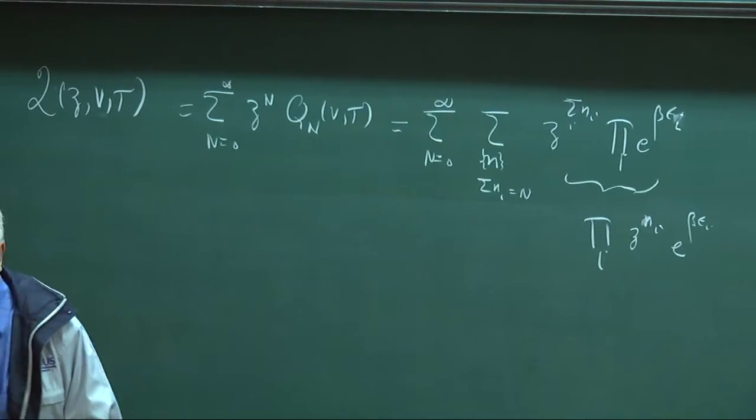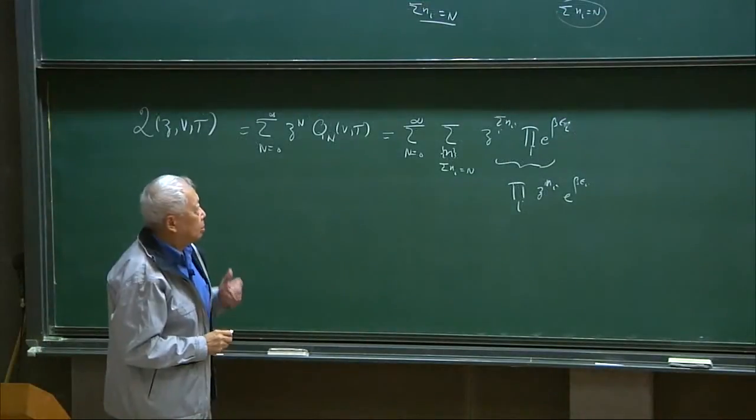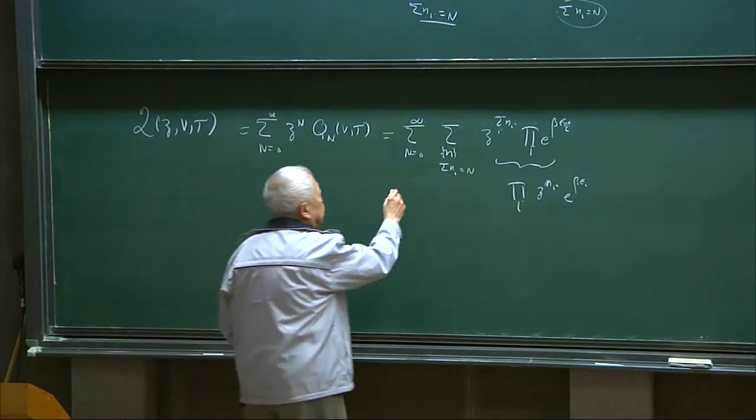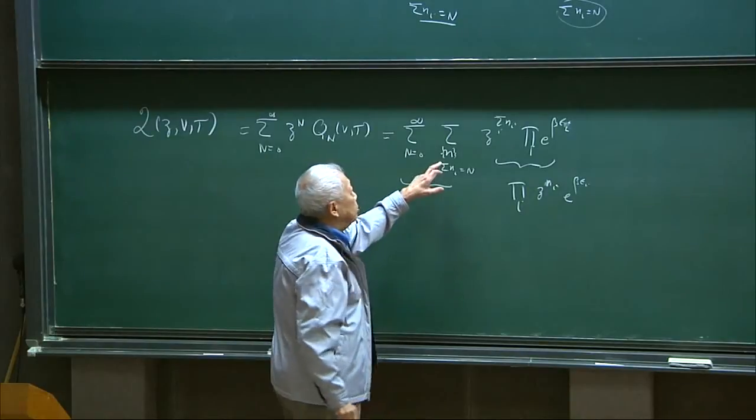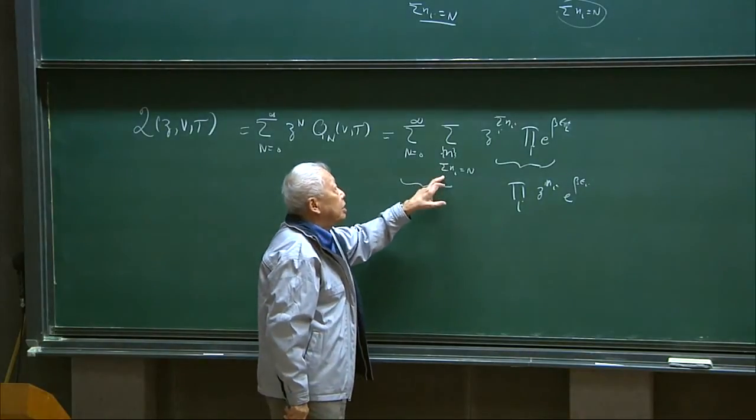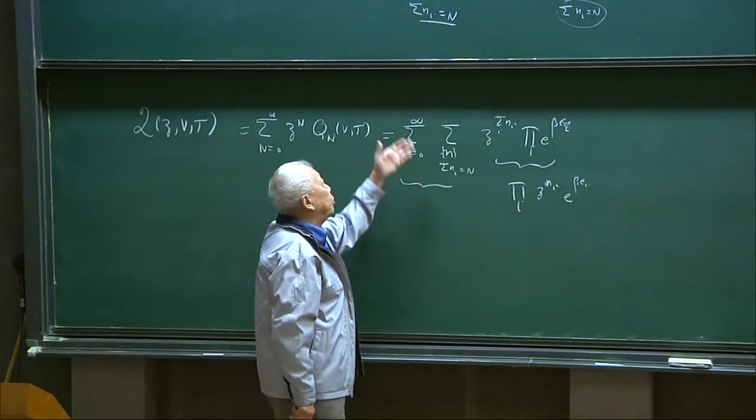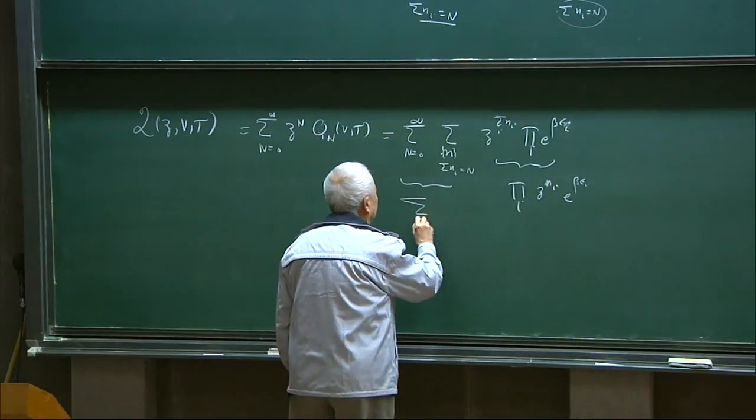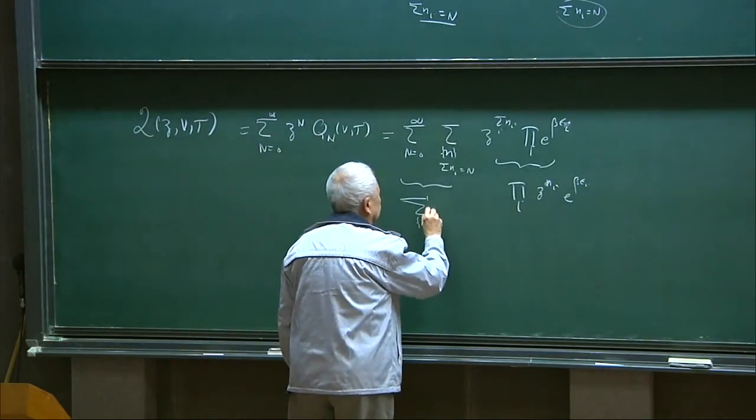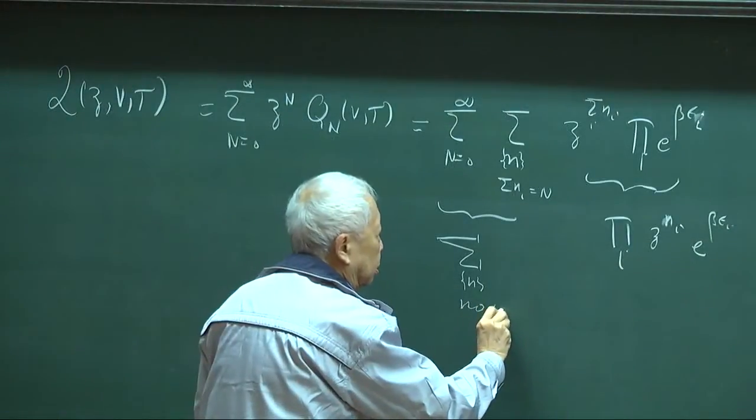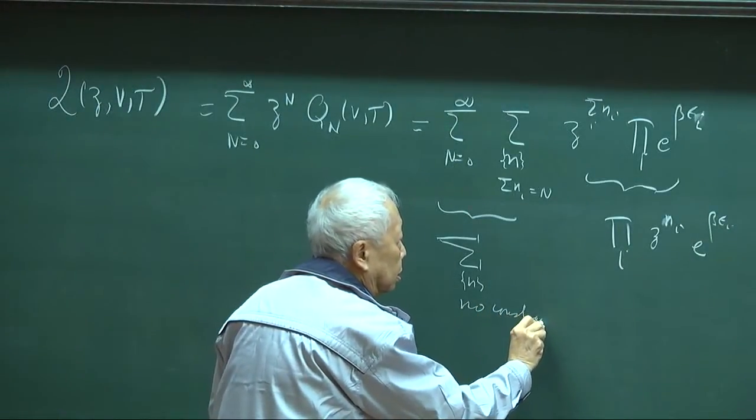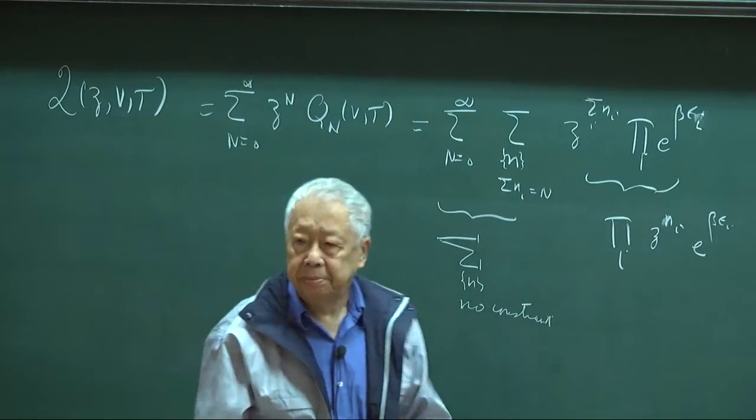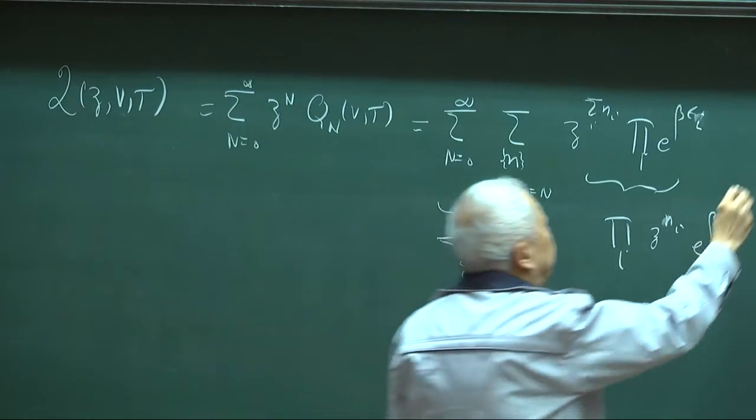But now, look at the advantage of this ensemble. What is the sum? This is that you sum all sets N_i such that it sums up to N. But then you sum all N here. So this whole thing is going to be the sum over all N_i with no restriction, no constraint. So once you do this, all the N_i's are independent. So you can really rewrite this as